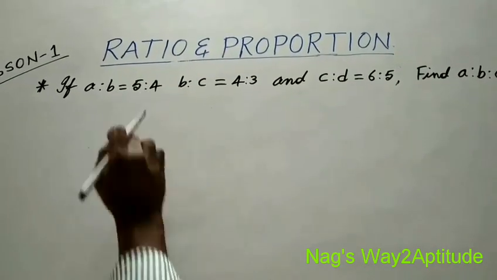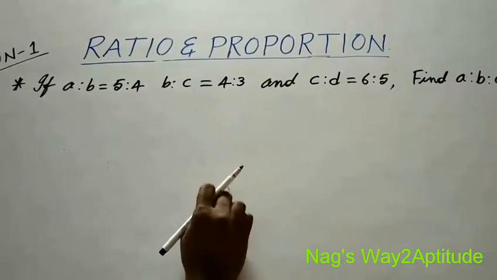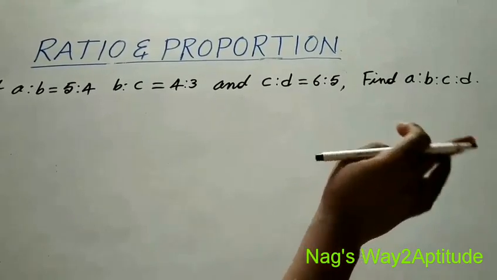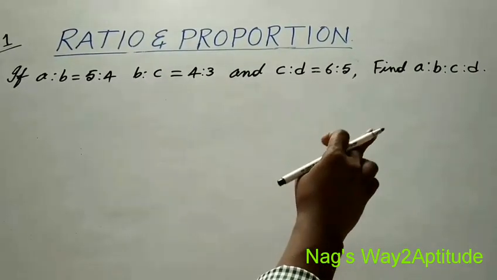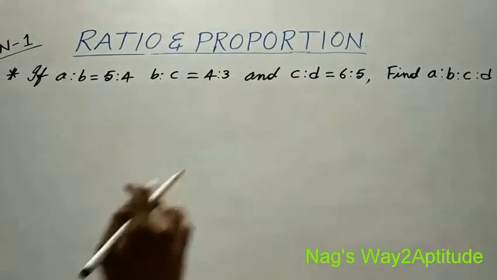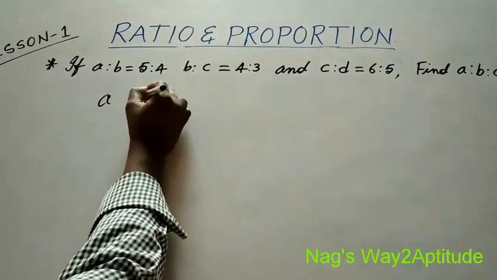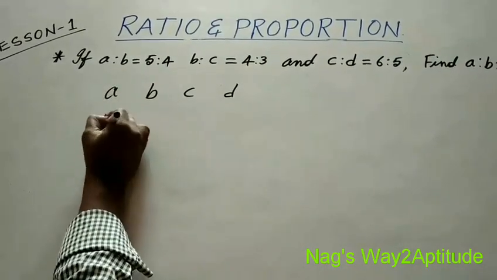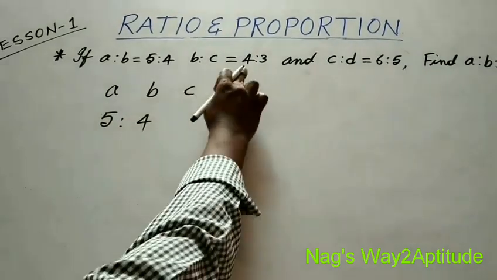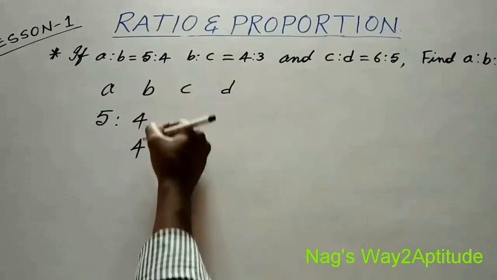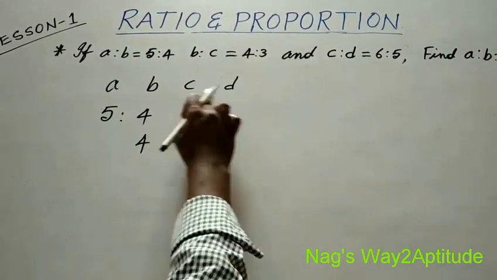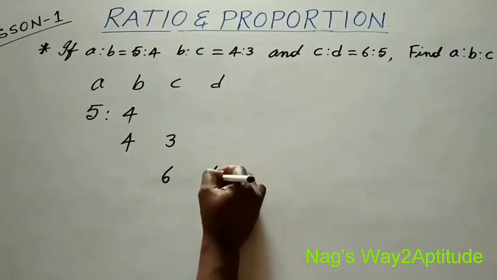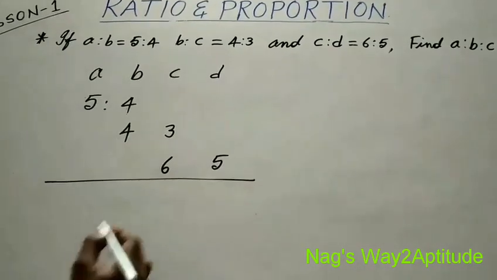If A is to B is equal to 5 is to 4, B is to C is equal to 4 is to 3, and C is to D is equal to 6 is to 5, find the value of A is to B is to C is to D. Here we need to find out the value of A is to B is to C is to D, just like in the previous problem. So you write A, B, C, D. What is the value of A is to B? 5 is to 4. The value of B is to C is 4 is to 3, and C is to D is 6 is to 5. C value 6 and D value is 5. And after writing like this,